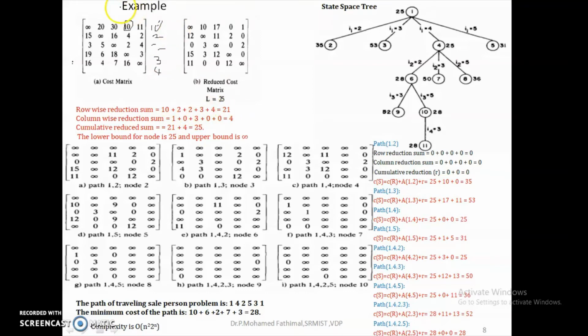So after reducing this, what should be the value here? Here this will become 10 and this will become 20, right? And this will become 0 and this will become 1, right? So this is 20 and this is 10. Right? When you are subtracting this value, this becomes 13 and this becomes 14 and this becomes 2 and this becomes 0,